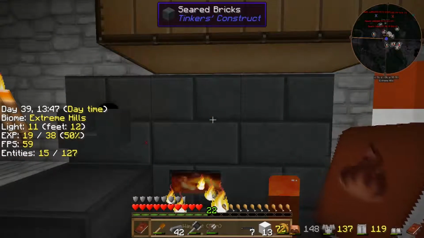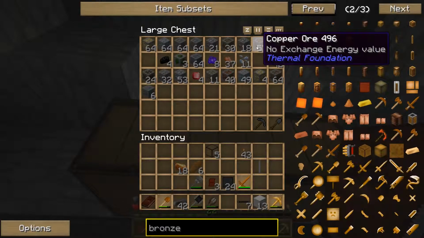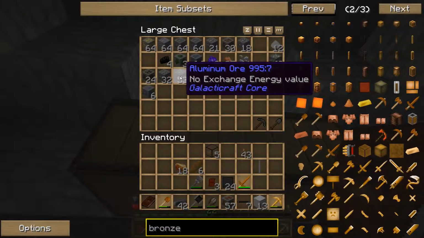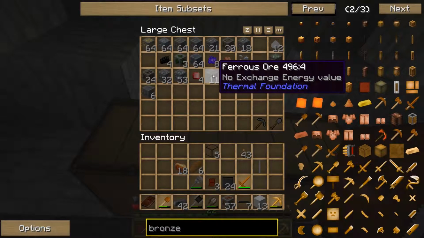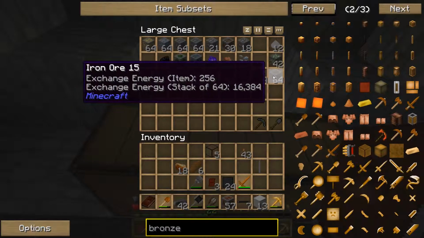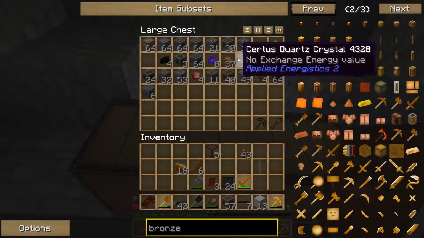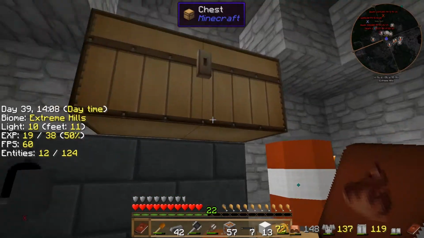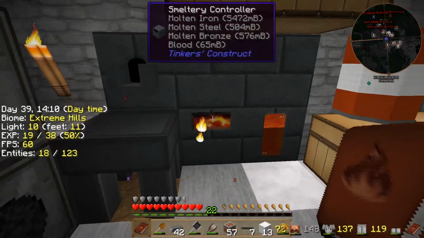Tin and copper, 3-to-1 ratio. Alright, so let's get some copper. We've got some tin. Do we have any more tin other than Galacticraft, or is that all we've got? I think that might be all we got. So we'll want to get some more tin at some point, but we will make do with what we got